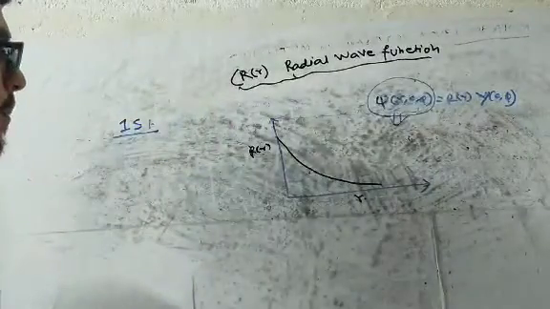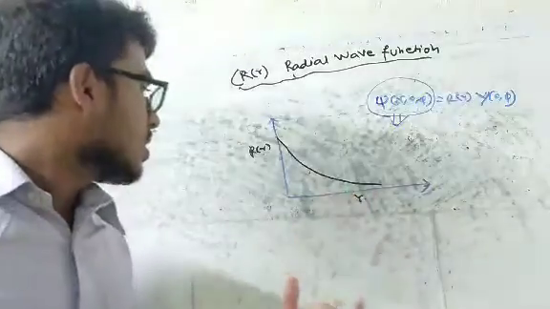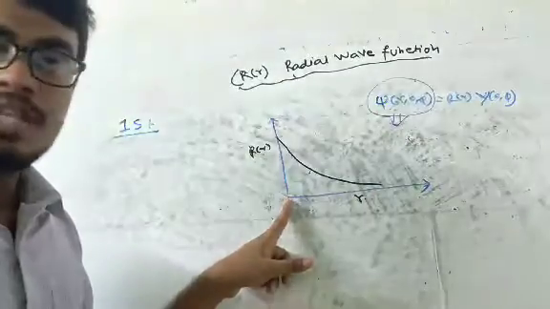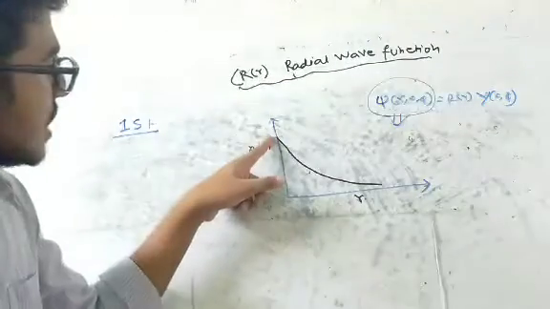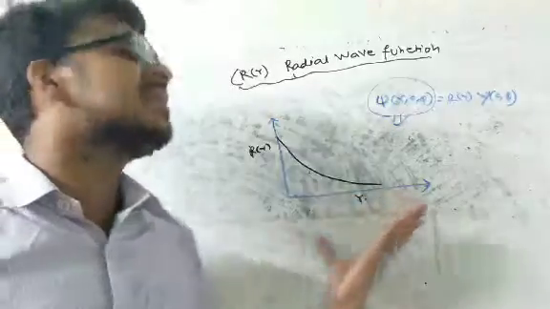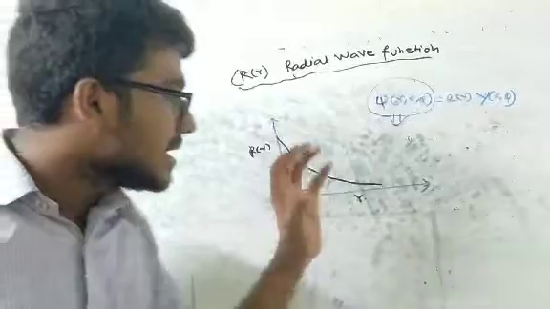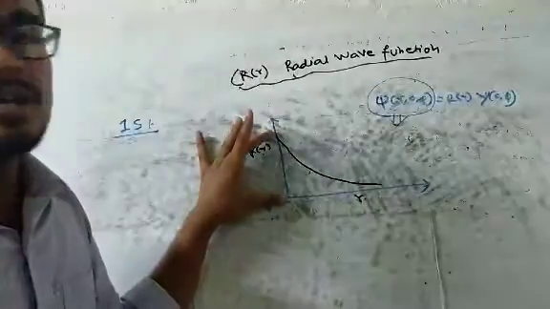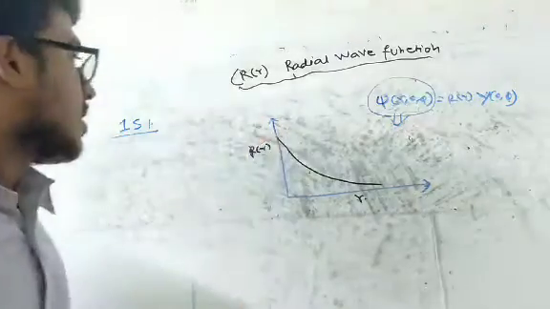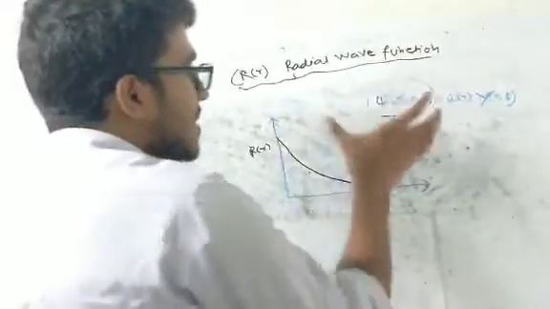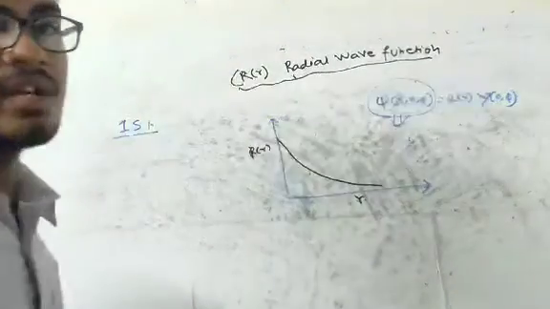Now this is quite contradictory to practical sense, because at the origin the nucleus is present, and at the origin the value of R of r is maximum. That simply tells you that the probability of finding the electron at the nucleus is maximum. But in the practical sense, the electron cannot be present at the nucleus. So I am telling it again: what is the importance of psi? Psi helps us know the probability of finding the electron around the nucleus.